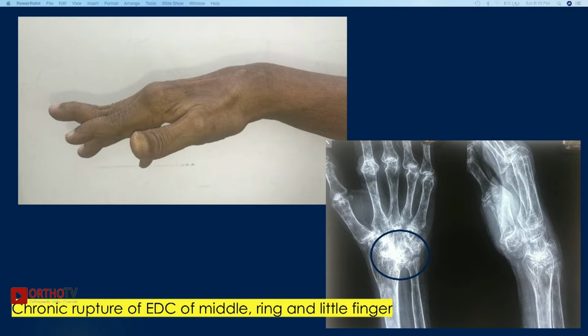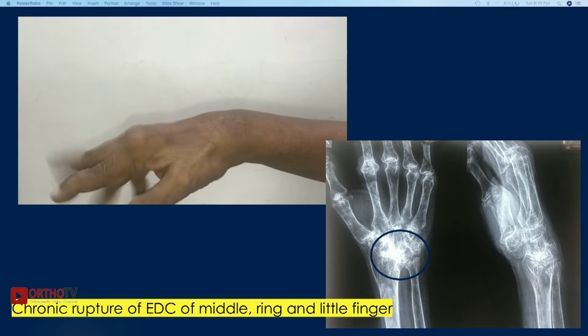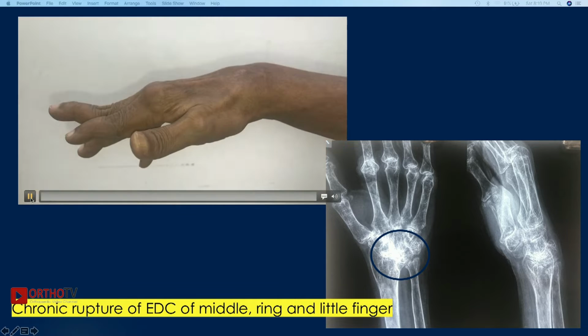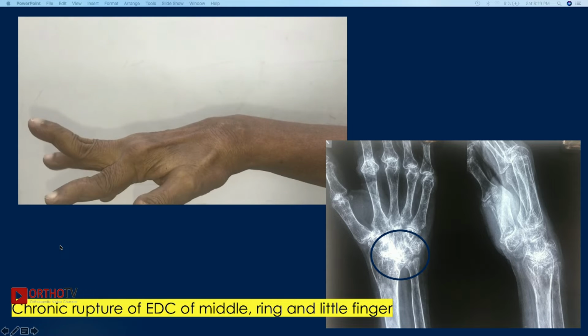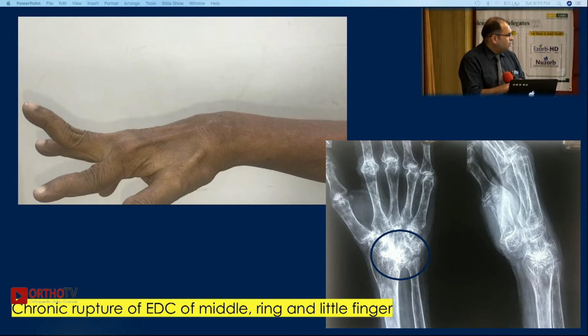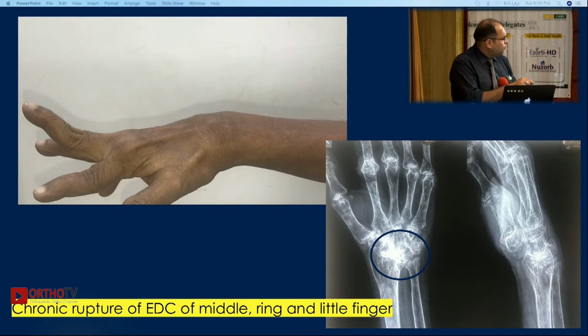Next I would like to explain a picture where the patient is asked to extend the fingers, and we see the index and middle finger the patient is able to extend, but the ring and little finger, I will play the video again, the patient is not able to extend. If we see this picture, practically this is an ankylosed wrist. This patient does not have any movement at the wrist joint, so there will be no pain at this joint. But if you see the distal radioulnar joint, that is completely arthritic, and this joint has caused rupture of the extensor digitorum communis tendons. I will show how we have managed this case.